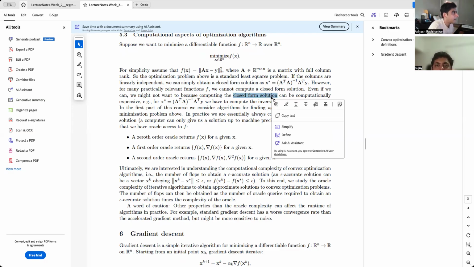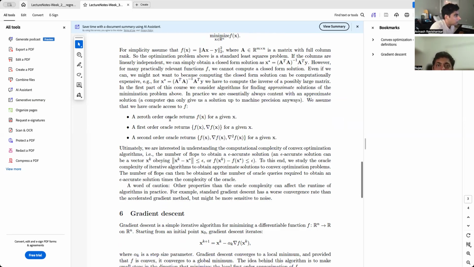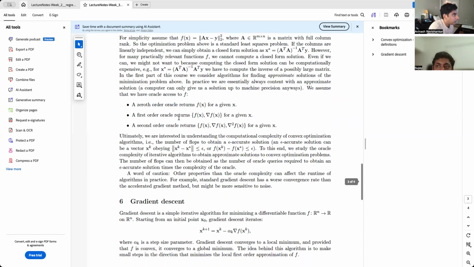Got it. And in this case, this is the closed form solution then, right? Yes, that is the closed form because we have a formula. You just substitute things, you get that. Got it. Okay, zeroth order, first order, second order. Yes. And then we have,